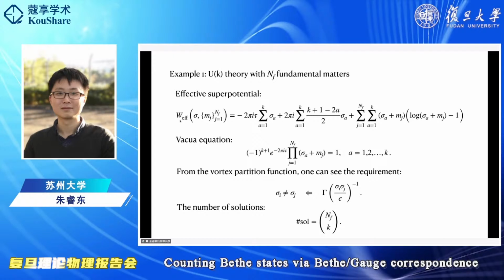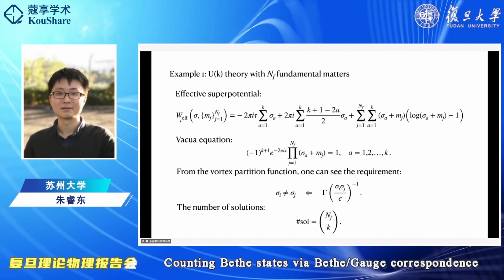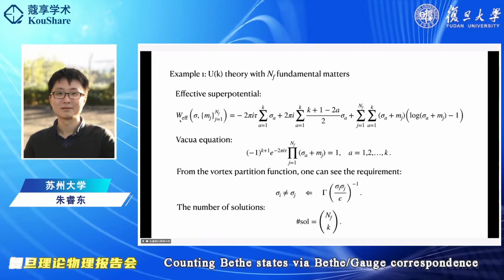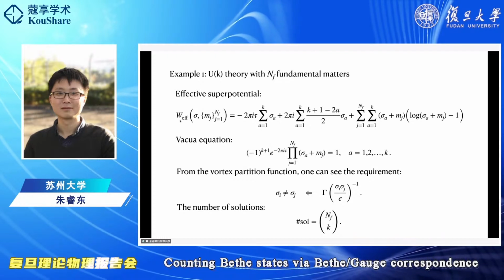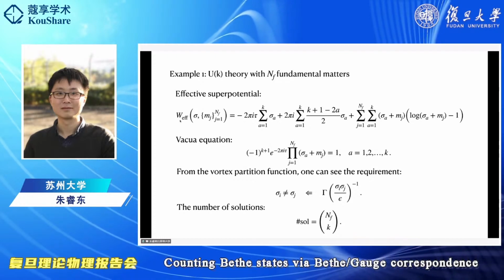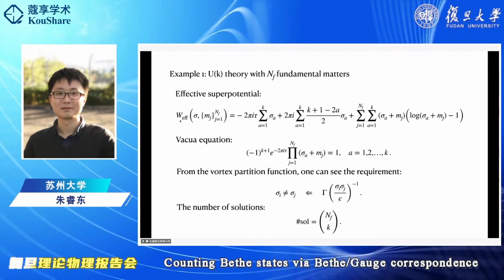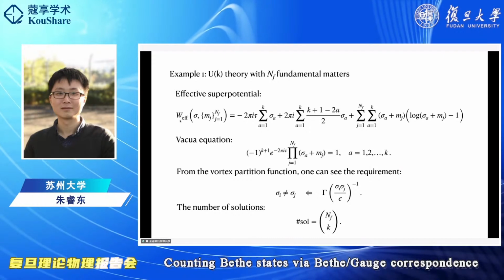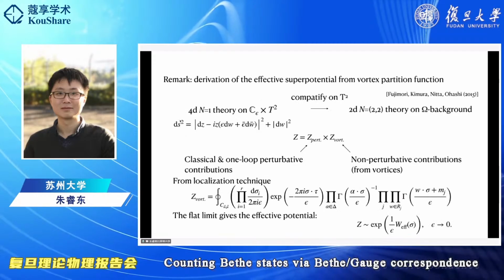We get K independent equations, and these are all degree NF equations. So for each sigma, we pick one of the NF solutions. However, if we look more carefully into the